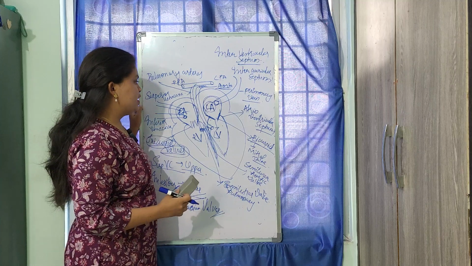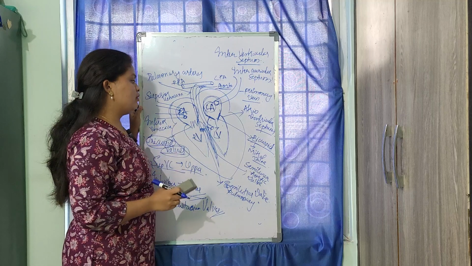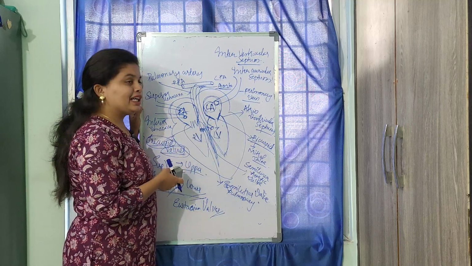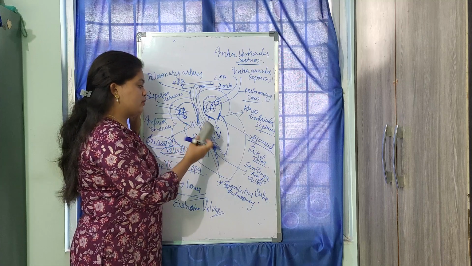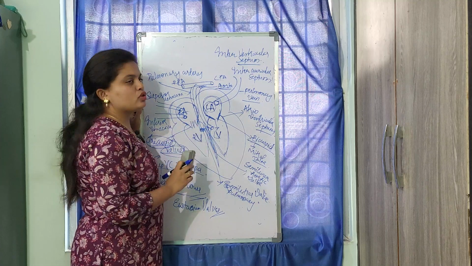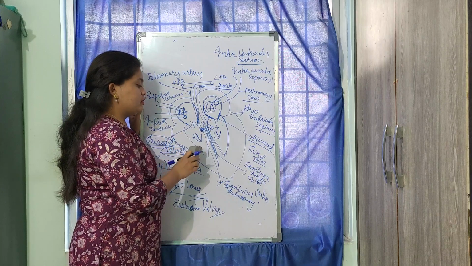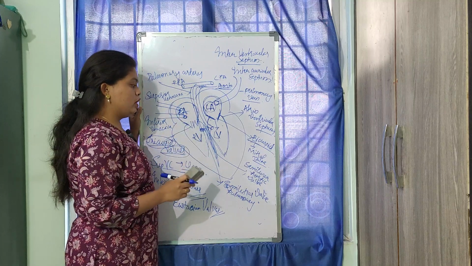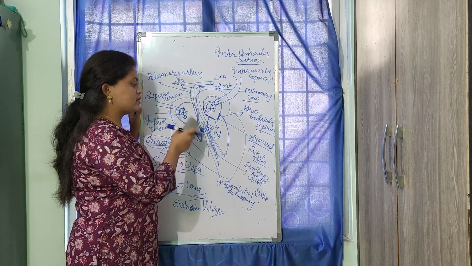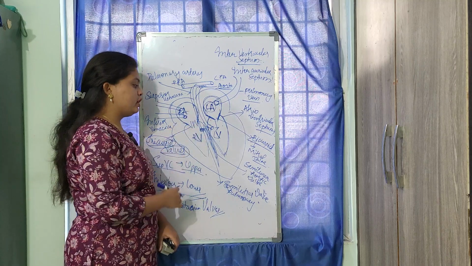Okay, we have studied the right atrium, where the superior and inferior vena cava pour the deoxygenated blood into it, and after that the tricuspid valve is there, which will stop the backflow of blood from the right ventricle to the right auricle. When this valve opens, the blood will flow from the right atrium to the right ventricle, and